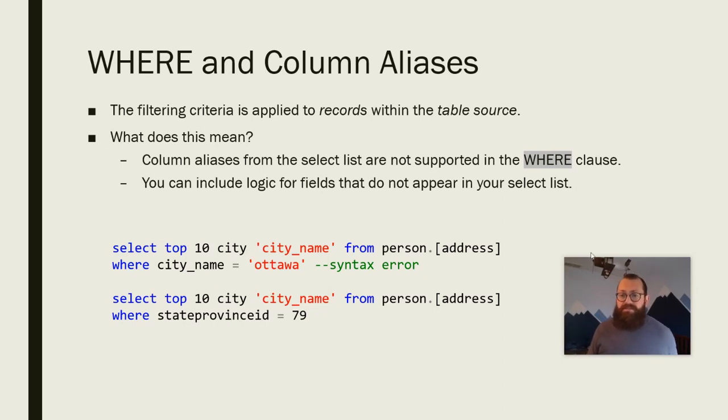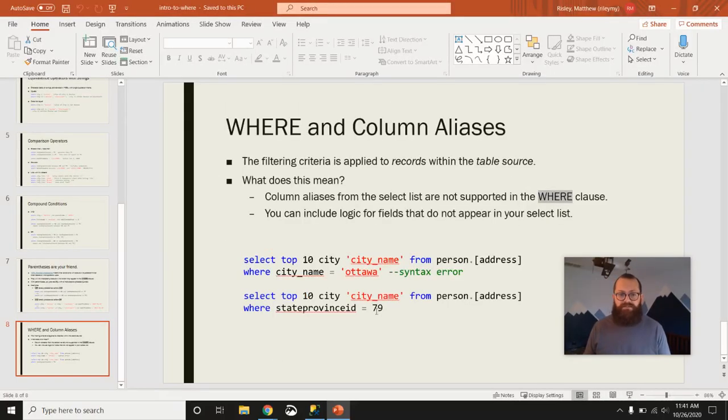But what this does mean is that you don't need to just use an element in your select list to introduce or to apply logic. So you'll see in this particular example, we're selecting the top 10 city, but we're ultimately applying the logic on a field that's not going to be shown in the output. So we're only showing the city name where the state province ID is equal to 79. So to show this in practice,